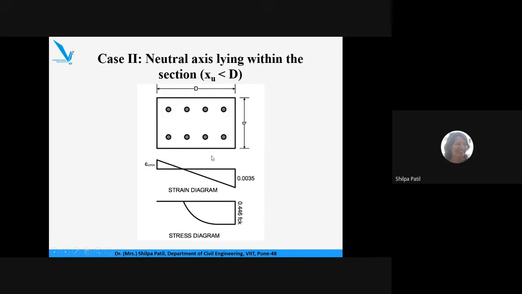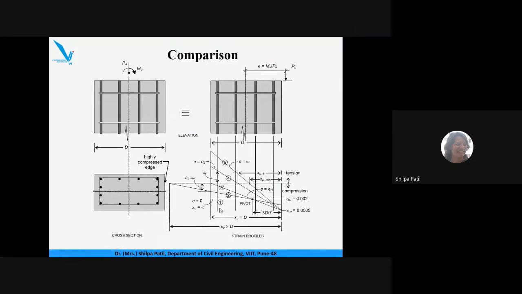So for this region there are compressive strains, and in this region there are tensile strains. Whenever there are compressive strains, we represent the stress block diagram corresponding to compressive strain only for a column. So in this region only there are compressive strains, so the stress block diagram will end here and there will be no stress; these stresses we are not considering because we are designing a column, which is for compressive action, not for tension. So we have to consider the stresses developed in this region only for design purposes. I hope all these four cases are clear to you.